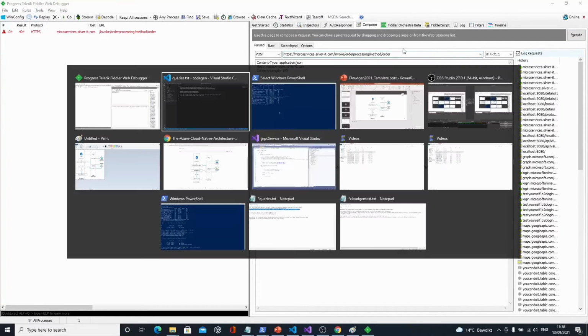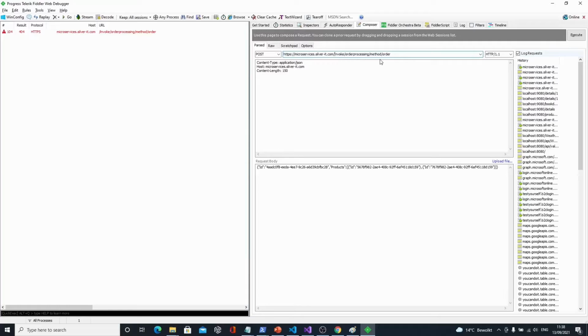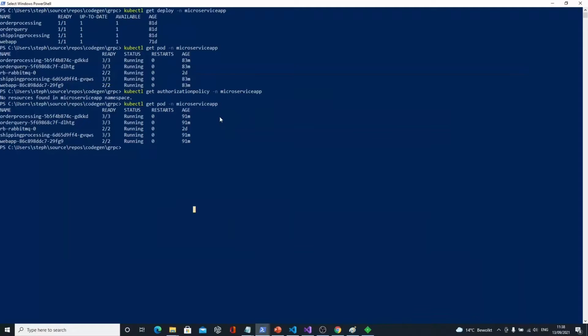So yeah, I forgot to copy one part of the URL, sorry for this. So v1.0, that's the one I need to add before the invoke. The .0, that's a Dapr convention. So here, well, I got the 200, should have had the 201 by the way, but it doesn't matter, so the order should be created.